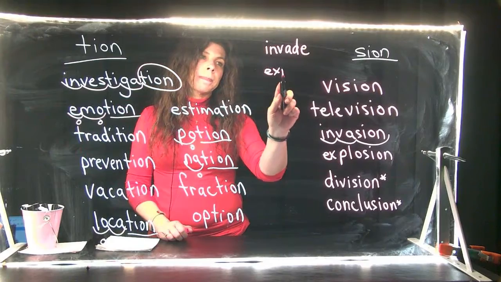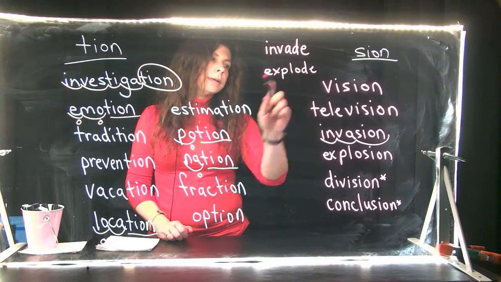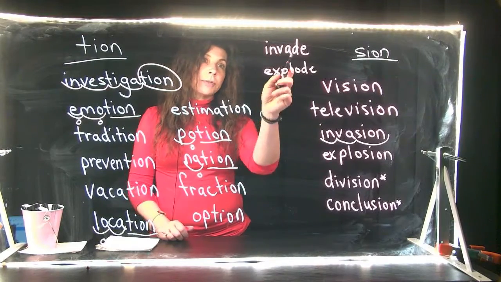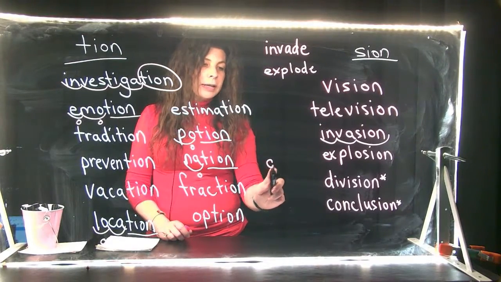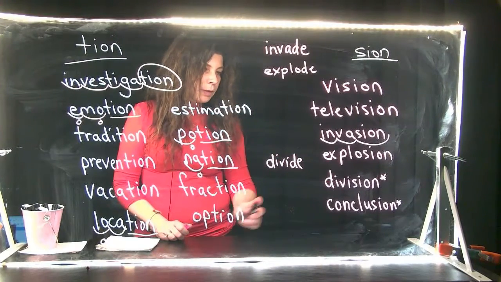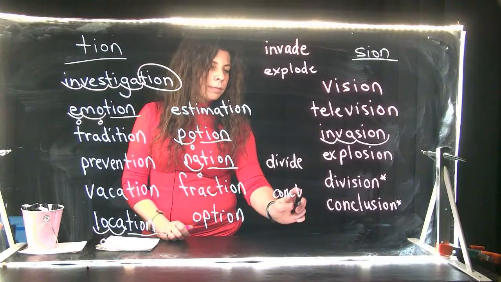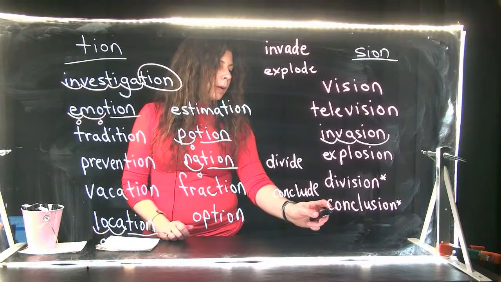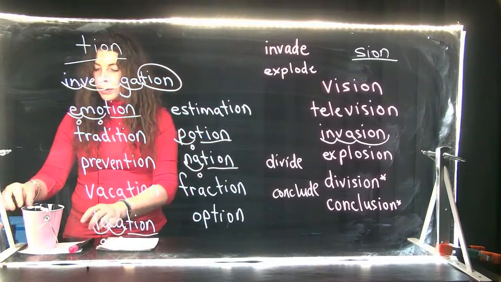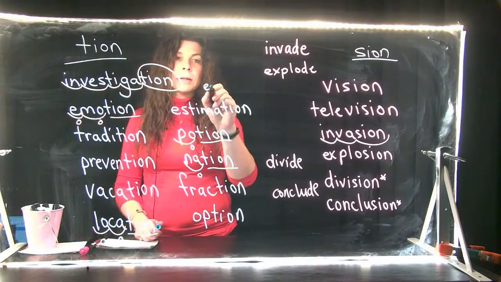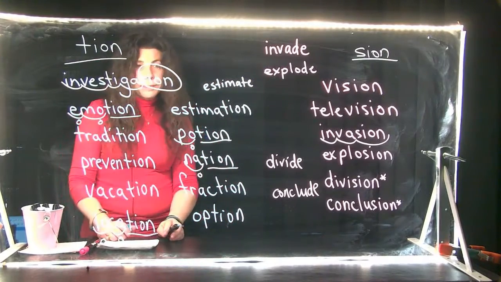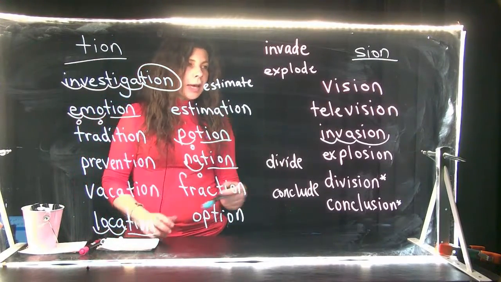Explosion. Explode, right? And I drop that E for explosion. I drop the E in invade. These are vowel-consonant-E's. Divide becomes division. Conclude becomes conclusion. Same thing here with your TI one, right? Estimate becomes estimation. So third grade, when you see a shun at the end, if you can't figure out the word,